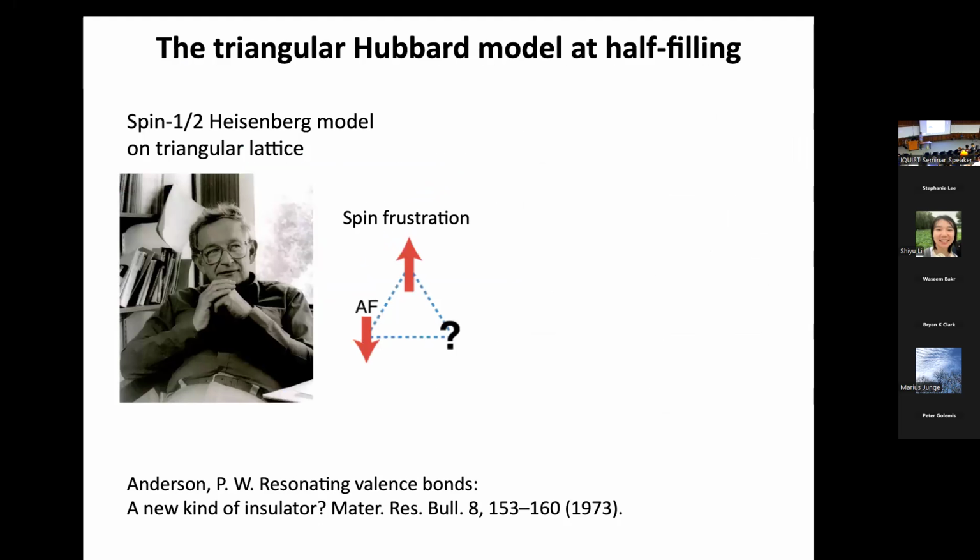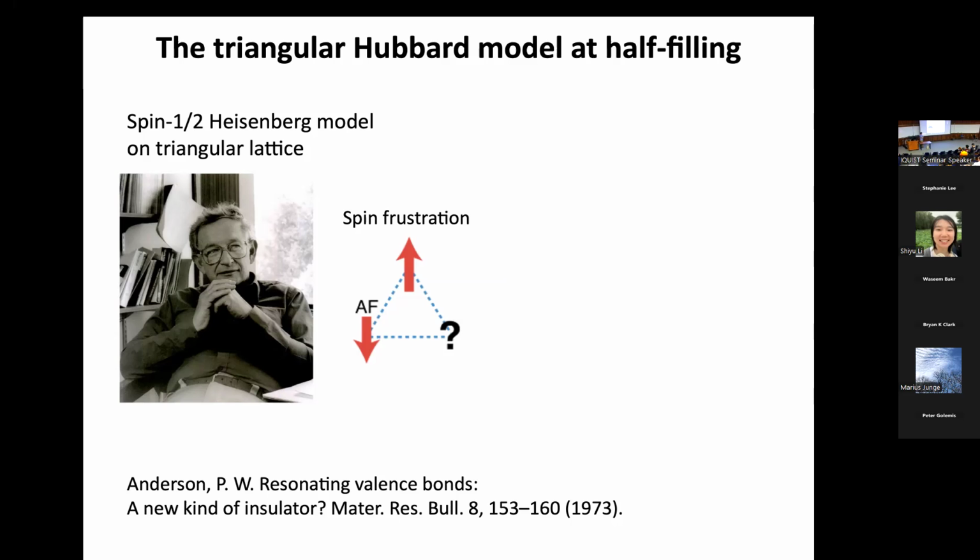And the triangular lattice, of course, has been studied for a long time. This is even earlier work, probably by Phil Anderson, where he was studying the Heisenberg model on the triangular lattice. The interesting physics in the triangular lattice is, of course, the frustration. If you have, for example, antiferromagnetically coupled spins on a triangular lattice, here's a plaquette. If you put a spin pointing up here and pointing down here, they're happy, but the third spin can't decide what it wants to do. This is the phenomenon of spin frustration, and that can lead to some very interesting and exotic phases in these systems.